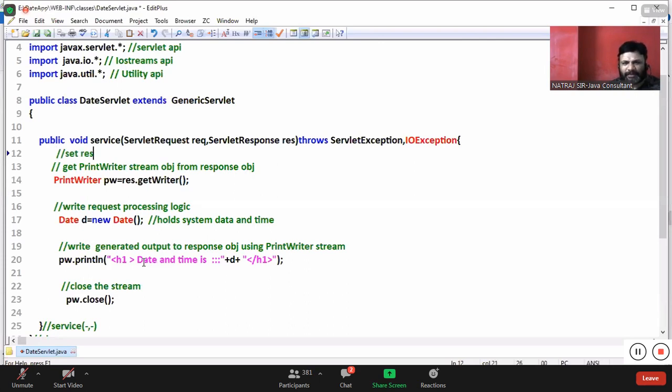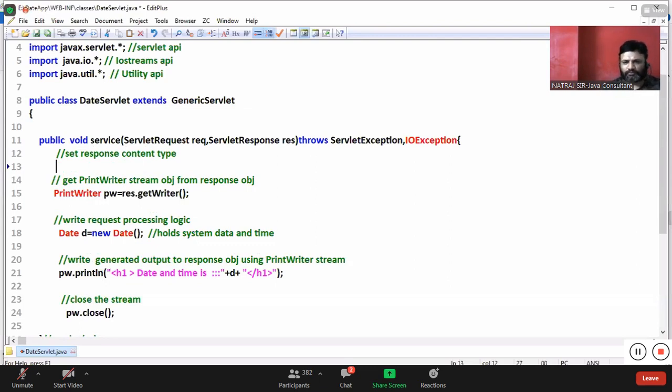Set response content type. Listen. Okay, res dot set content type. There is a ready-made method, boss. Res dot set content type, text slash HTML. This instruction goes to the browser through the response object, servlet container, and web server. I am giving this instruction to the response object because I called it on the response object. From there it goes to the servlet container, then to the web server, then to the browser, and it makes the browser ready to see the received output as HTML